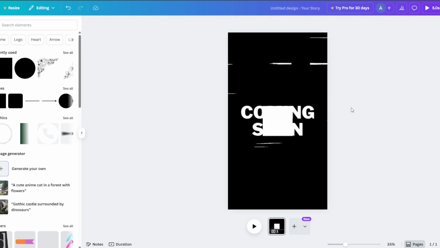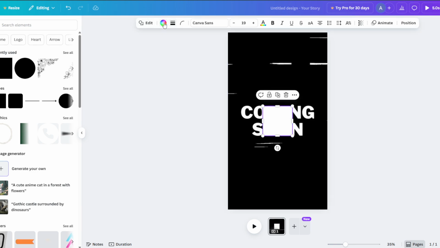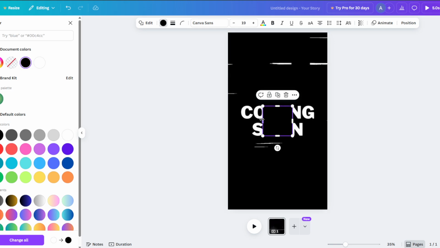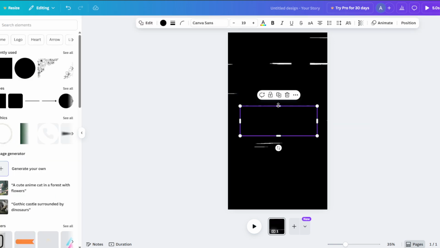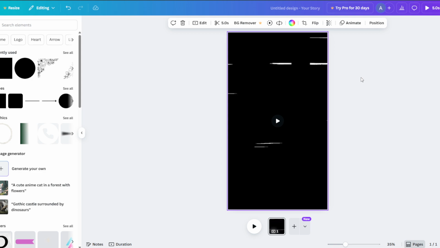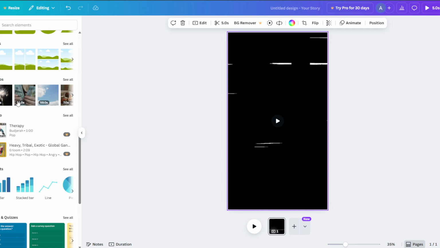Just like this, I'm going to choose the color from here, the black color. So this is the black color. Now if you expand it like this, you can actually hide that text. Otherwise you can add any other images over that text